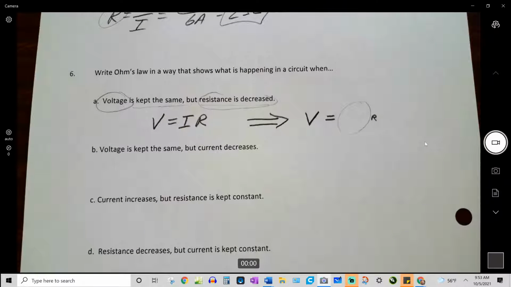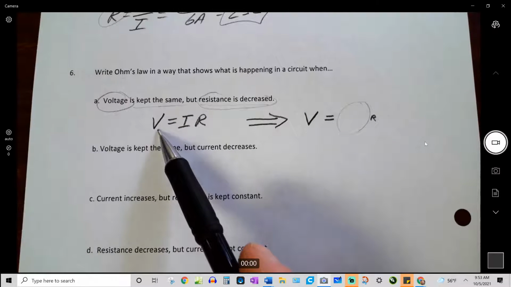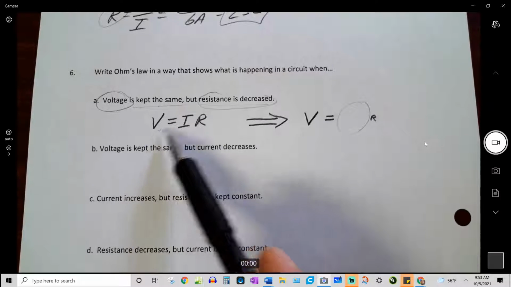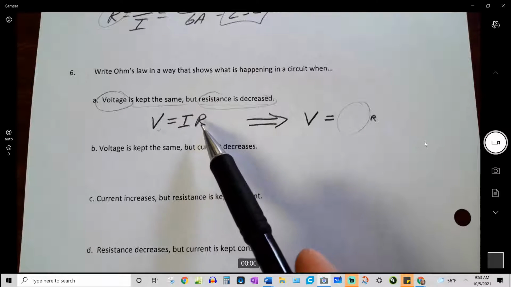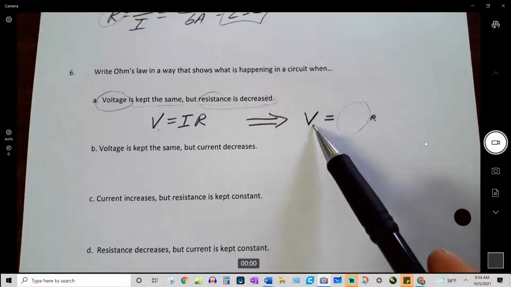So think about what these things mean. Voltage is the pressure pushing the current. Visualize a little lazy river of water moving around. I, that's the amount of flow. That's the amount of current that's flowing through this lazy river that's being pushed by this voltage. R is the resistance to the flow. So what's happened here is I've got the same pump making the same pressure,